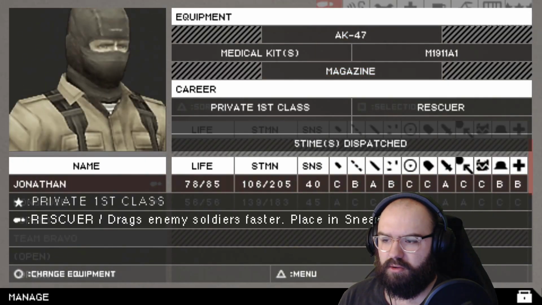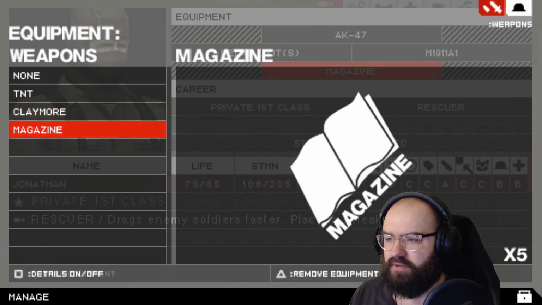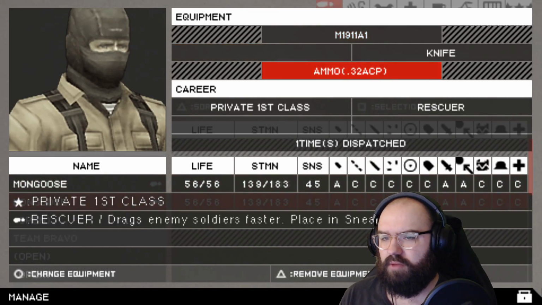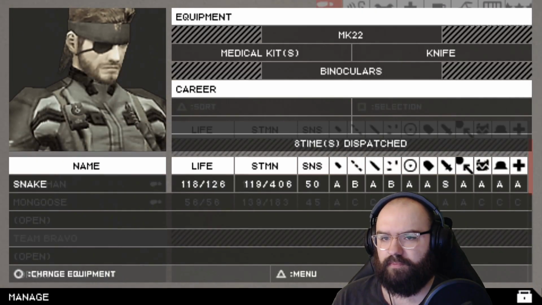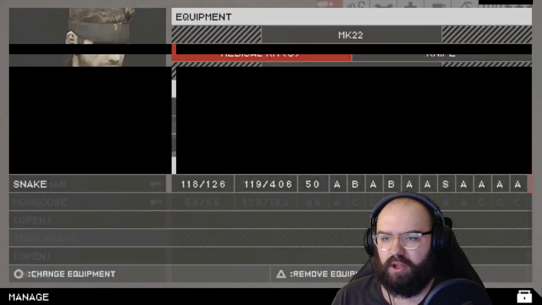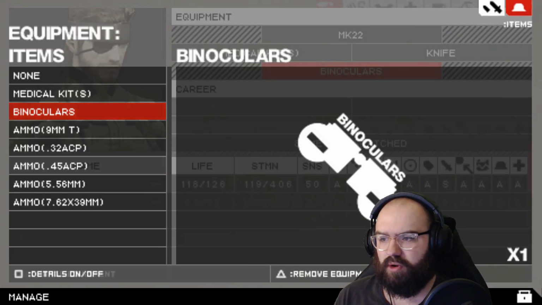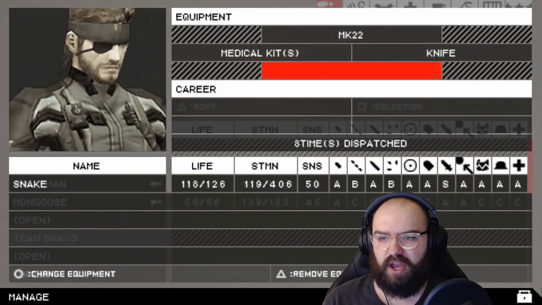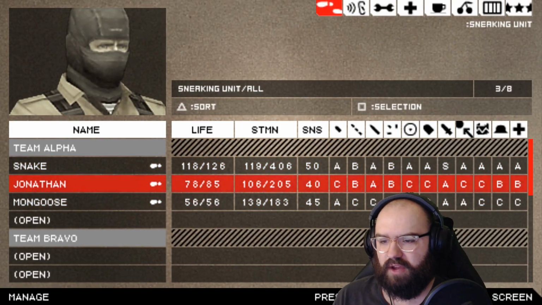Can I only have items... Oh, it seems like I can only have items that are relevant to... Interesting. Only Mongoose and Jonathan can have the TNT. I can't give it to Snake. If only I had rations as well as all these medical kits. Let's put the binoculars away. Because then I guess what I can do is have the other guy that comes with me, that's got the TNT. I can just have him...